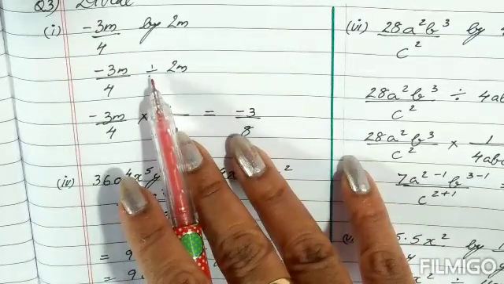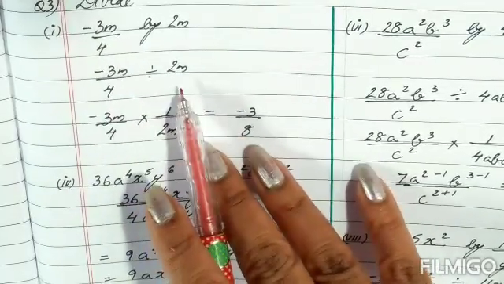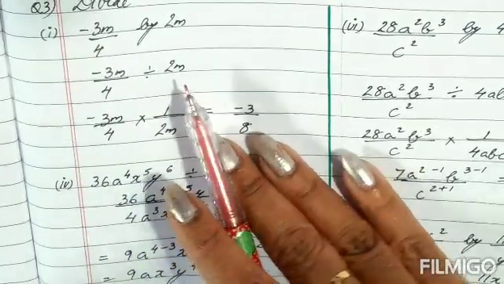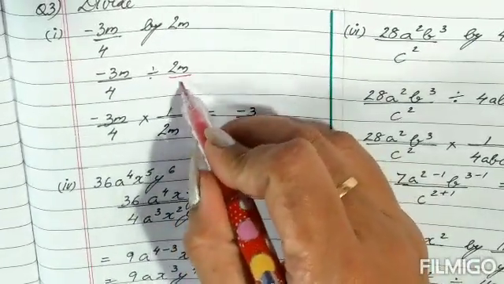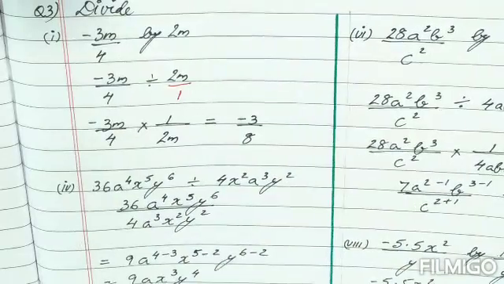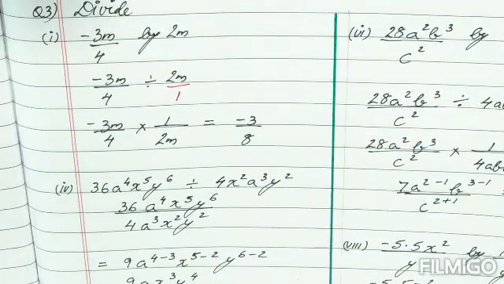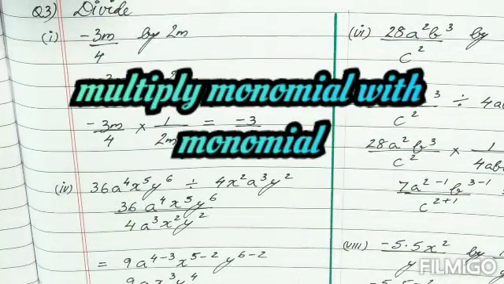Now children, in this division, because on one side we have a fraction, on the other side we have one single term, it could be written like 2m upon 1. Now if I write it upon 1, children, it will not create any difference. Only thing is, on both the sides we are going to have the fractions.